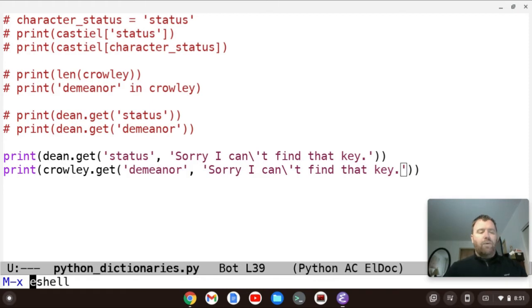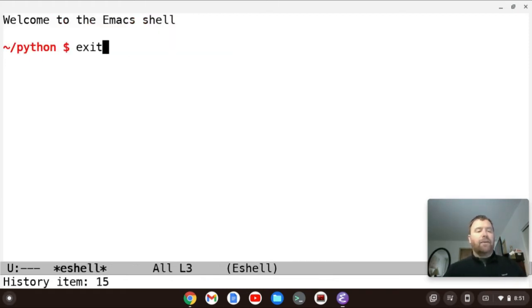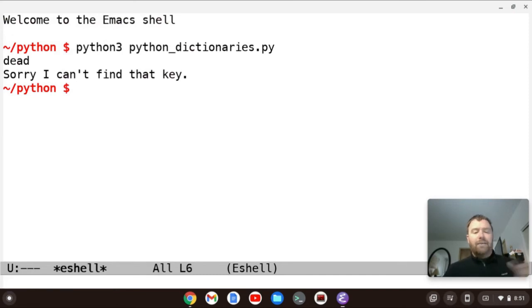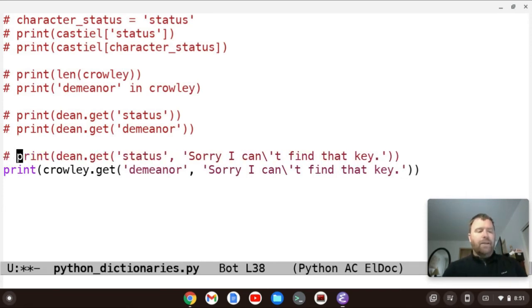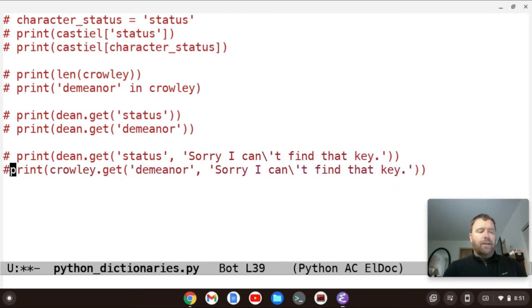Let's run eShell. What we should get is dead, and then sorry, I can't find that key, instead of none. So you can display a message that's a little bit more descriptive than none, which is pretty cool. All right, let's go here and comment this out and comment this out.